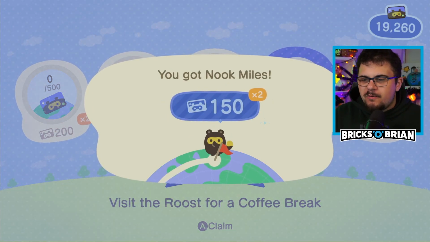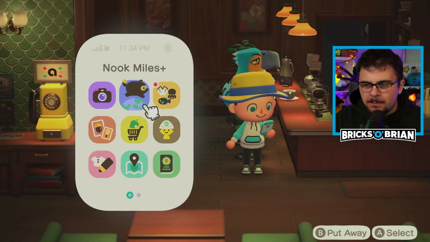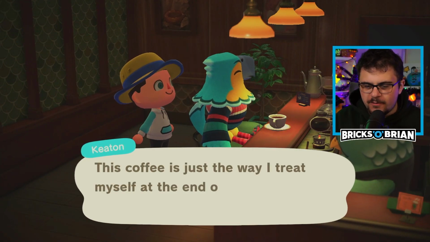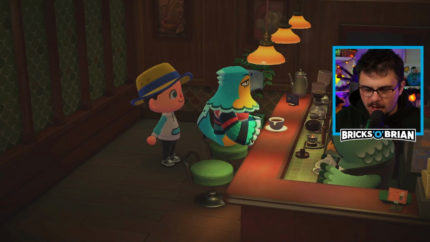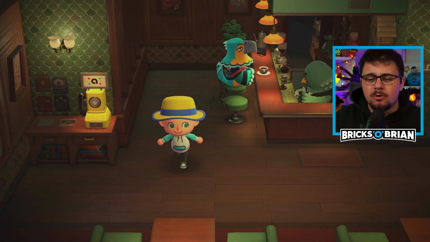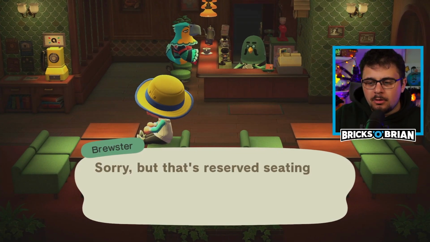Visit the Roost for a coffee break. Because for as much as your life has a lot of hustle and bustle going on, you can sit down and just relax with a cup of coffee. Hey, Keaton, what's going on? Coffee, just the way I treat myself at the end of another day of well-lived wingo. Another day well-lived. That's exactly what you need. After a long day, a cup of coffee. So over here is where you can write your screenplay for your independent film that you...